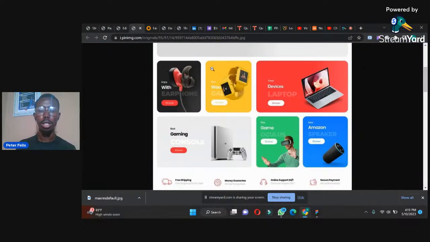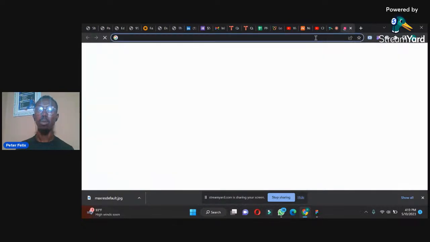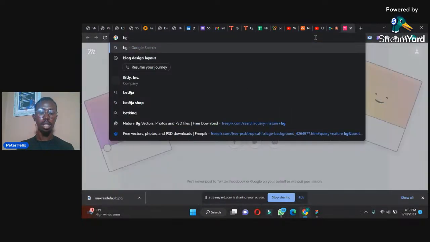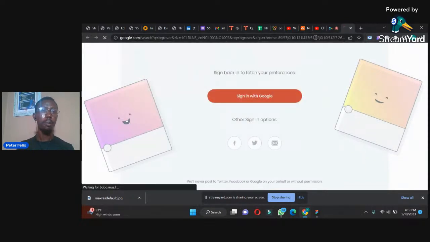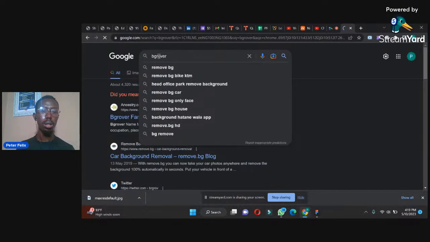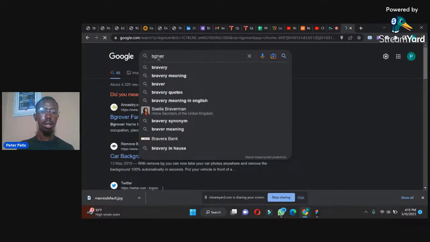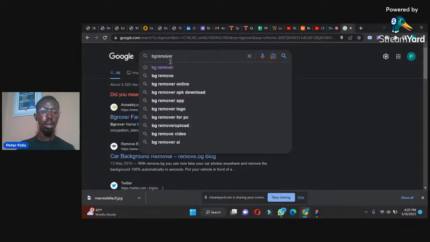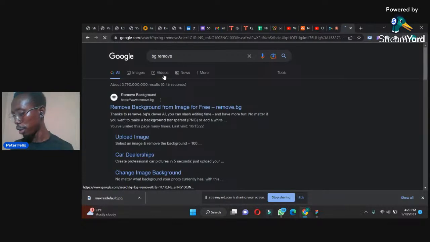This one, you have to insert an image without background. Now, if you download the image and you want to remove the background from the image, how do you do that, right? Let's go down to BG Remover. Please take note of this, BG Remover. So with BG Remover,